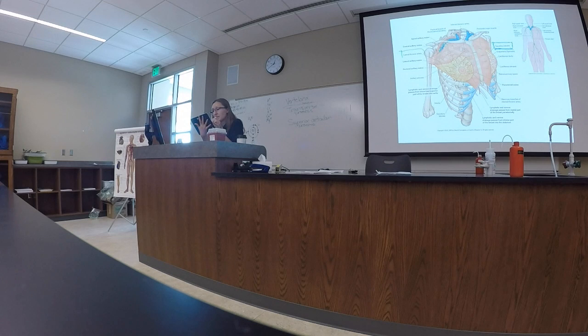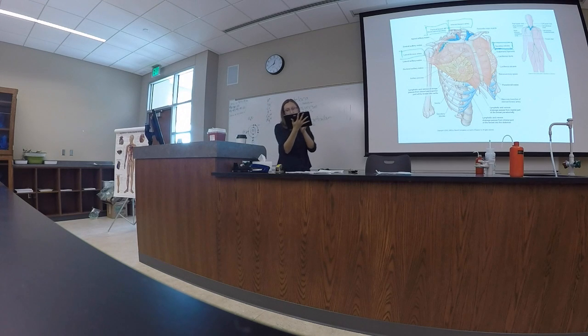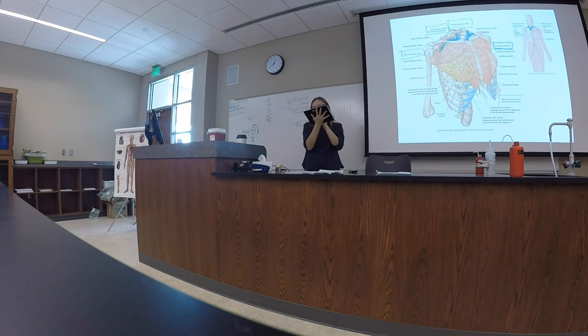All right, so then we have the blood supply of the breast from the lateral thoracic artery, the pectoral branch of the thoracoacromial artery, and branches of the internal thoracic artery. There are also branches down here, you can see here. The lateral thoracic artery is a branch of the axillary artery,